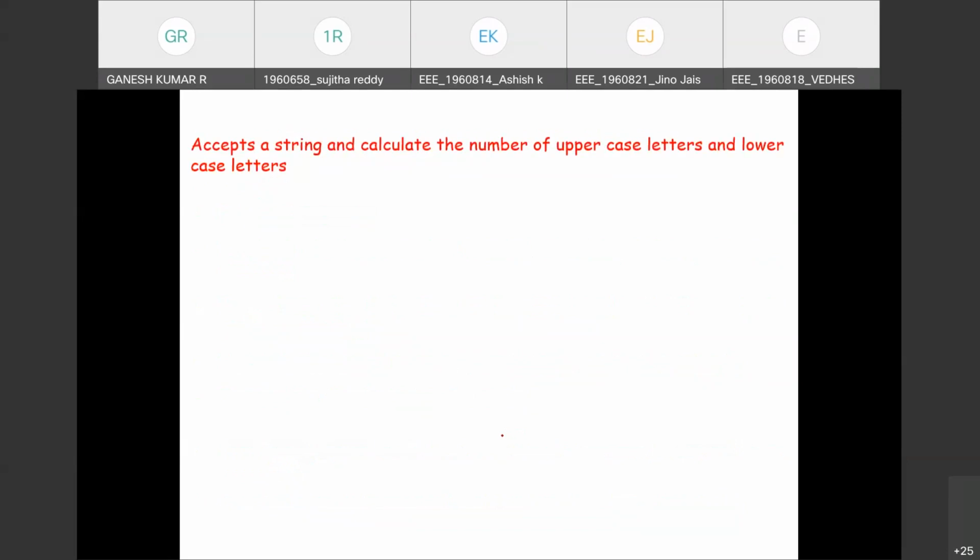We know a string is a collection of characters, which could be a combination of lowercase and uppercase. Any name starts with an uppercase letter as the first character and continues. So step one, we define a string function. We also use the concept of a dictionary to define uppercase equal to 0 and lowercase equal to 0, two variables representing the uppercase and lowercase counts.